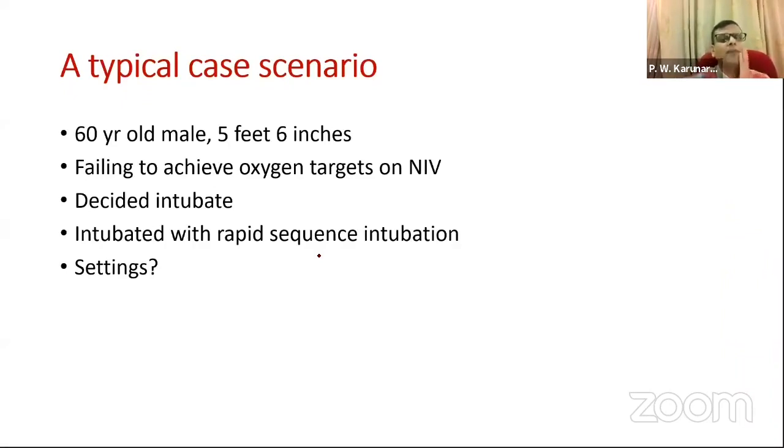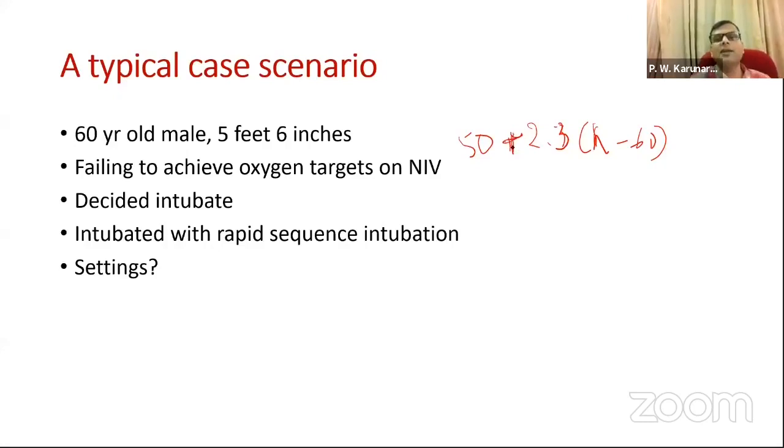This is a 60-year-old male person, 5 feet 6 inches. There is a way of setting the tidal volume according to the height: it's 2.3 times the height in inches minus 60, and you add it to 50 in a male person. But even if you don't know,